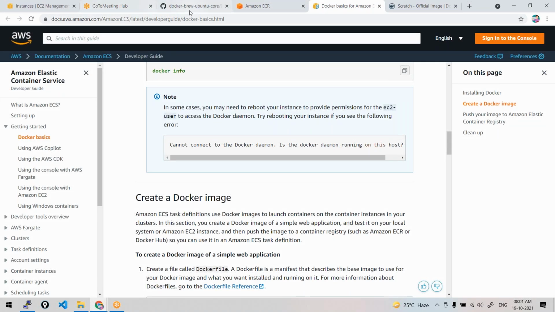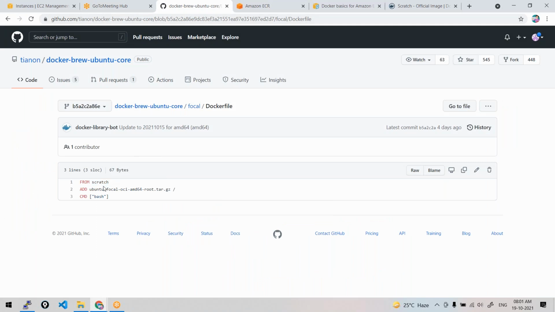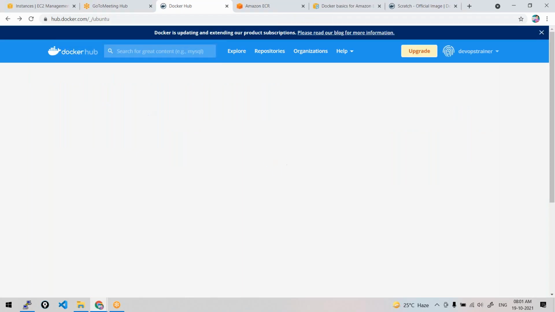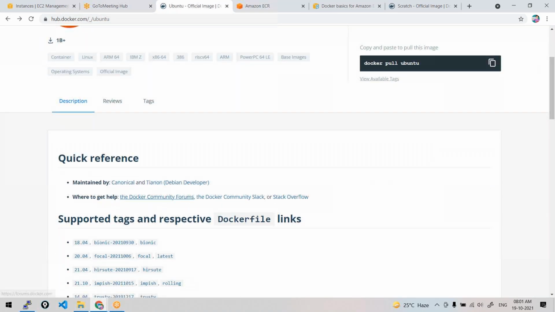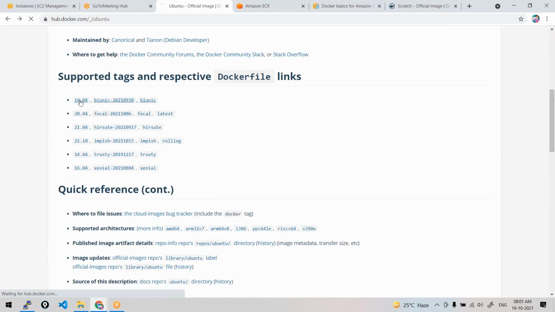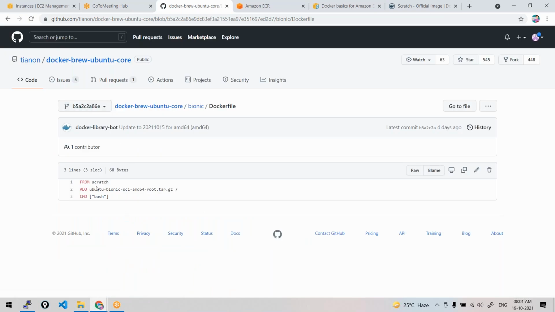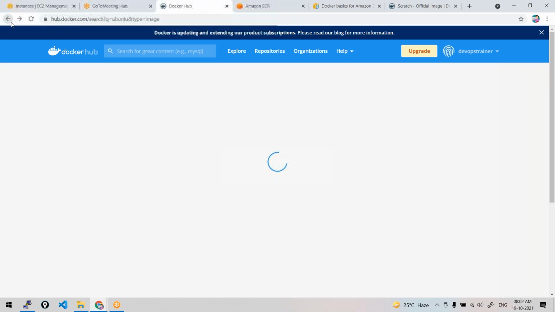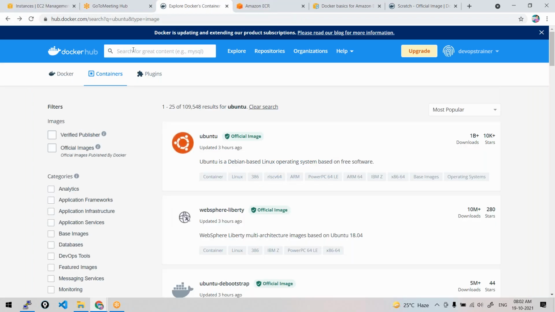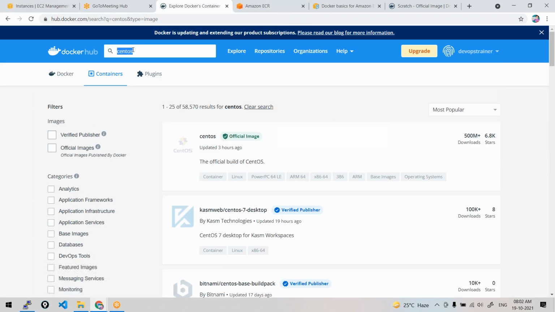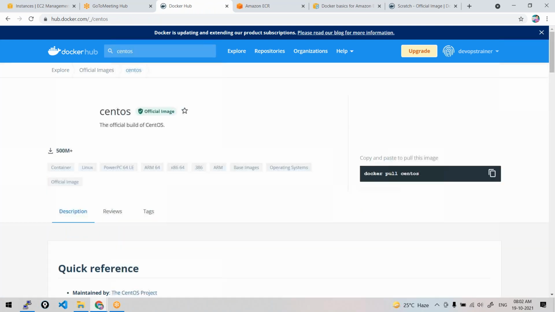But coming back, your Ubuntu is created with this, and they have configured the operating system. Do you see that? It was in the tarball. It's a tar file. Also, you could check other links. Not only Ubuntu, any image. Let's take CentOS, the official image.